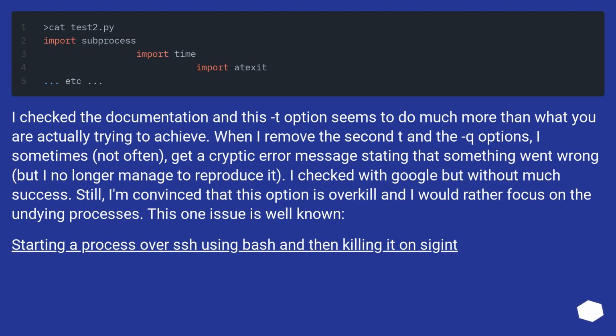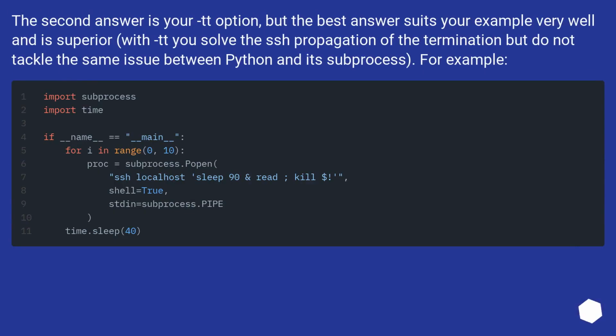This one issue is well known: starting a process over SSH using bash and then killing it on SIGINT. The second answer is your -tt option, but the best answer suits your example very well and is superior. With -tt you solve the SSH propagation of the termination but do not tackle the same issue between Python and its subprocess. For example,